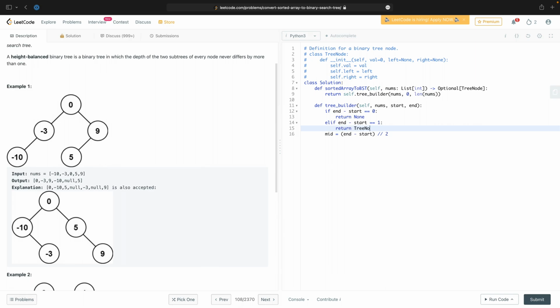Return tree node of val is equal to nums start. The difference is 1, so end minus start here would be the 0 element. I'm looking at the list of like 1. I want to take the start thing. So now I have this mid. What I want to do is take the value to be nums mid,